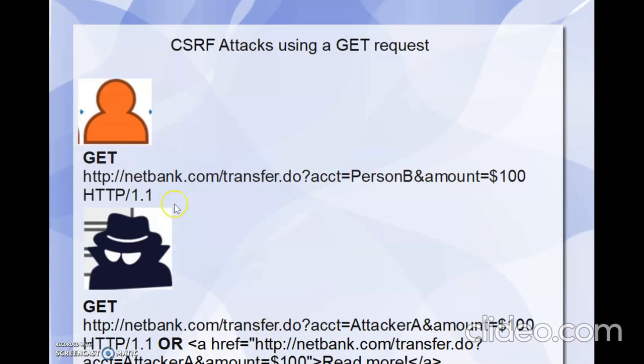The hacker can modify the request so that the account is equal to his own account. As you all know, in a GET request the URL parameters get appended to the URL, so this is how he can modify the request. Another way is embedding an image and associating a link with that image, and the link will have the hacker's account. So using a GET request, the CSRF attack can take place.